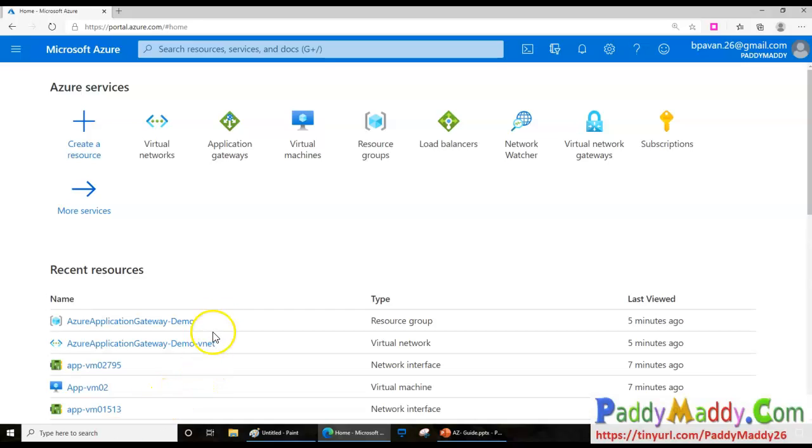Hello and welcome back. In this lecture, we're going to learn about the Azure Application Gateway demonstration. Application Gateway is a web traffic load balancer that will enable you to manage traffic on your web applications. It is very similar to your traditional load balancer, but it works on layer 7. That's a major difference. If you have not gone through the Application Gateway overview lecture, please go through that lecture and then come back to this lecture, where we are going to learn about the configuration of the